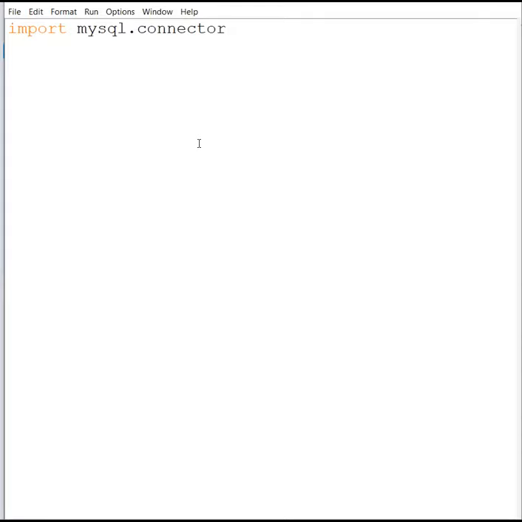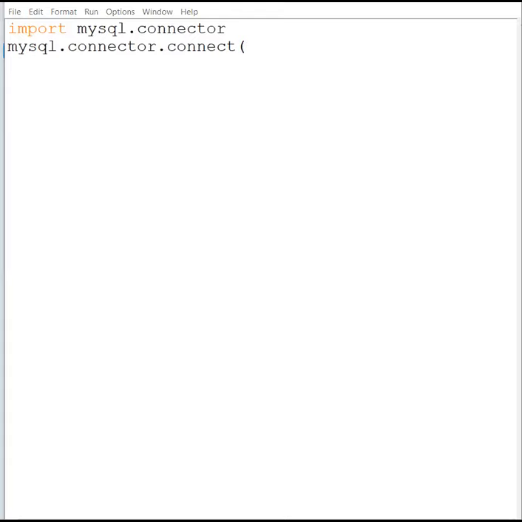So once this is done, it means now we can use the functions of this. The very first thing is we are going to connect from Python to MySQL. Now how to connect? For that, inside this MySQL connector we have one function, that is connect. So I'm just copying this, and in this we have one function, dot connect. Now within this function, we have to pass a few values. Basically, we are going to write a few pieces of information.